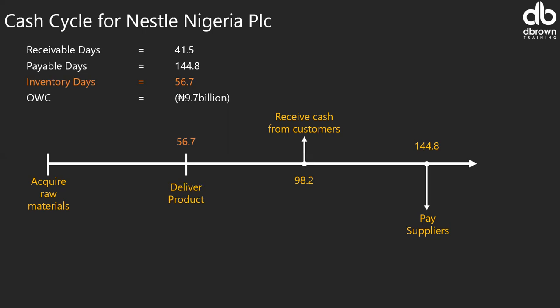Which means Nestle, they have sufficient funds to run their business, right? Because this is payables. See this guy, payables of 144.8 days. And they collected their own cash at 98.2 days. And you can see this margin, which means they are using this money. In fact, they could deposit this in one of these our 30 days government instruments and earn some interest back from it. And still be able to pay this guy back. So this negative means they have excess money. Their current liability is greater than their current assets. So management has free money.